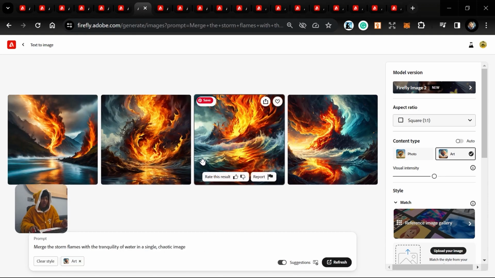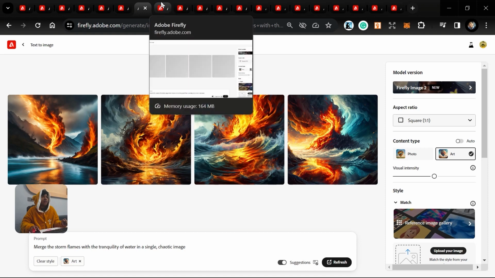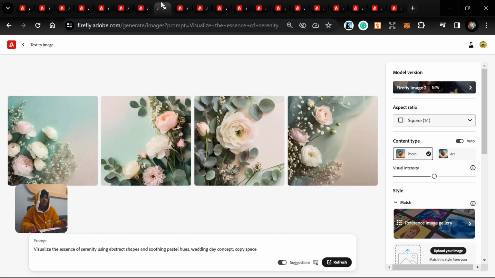Okay, so here you can see it's totally changed. It looks so chaotic. Okay, now you can go to this one, and now you can see it's very eye pleasing. I really like this one. And if you want to download,